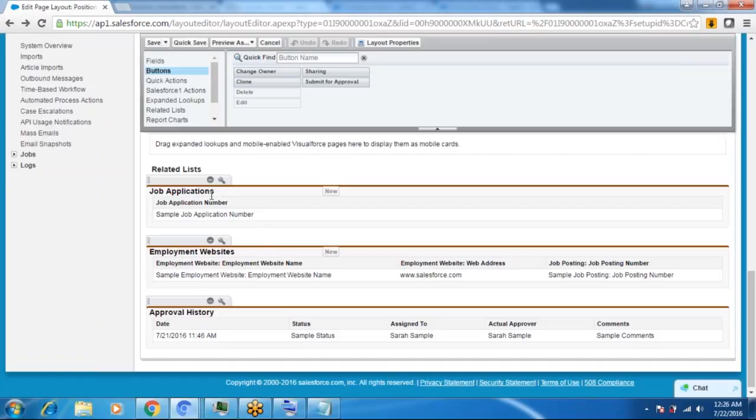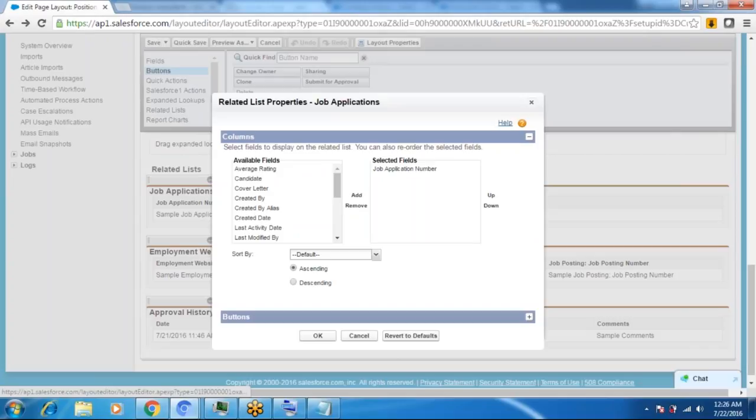So if you don't want these details on your layout, you can simply remove this thing. And if you want to edit,